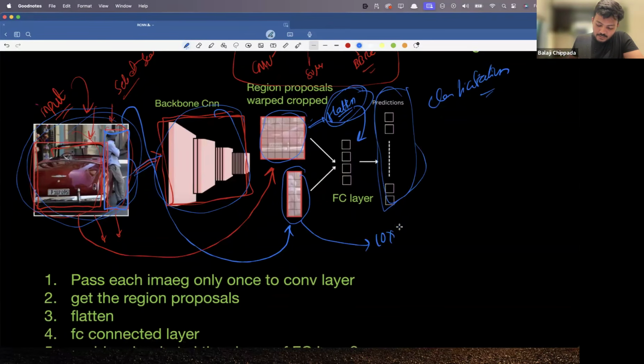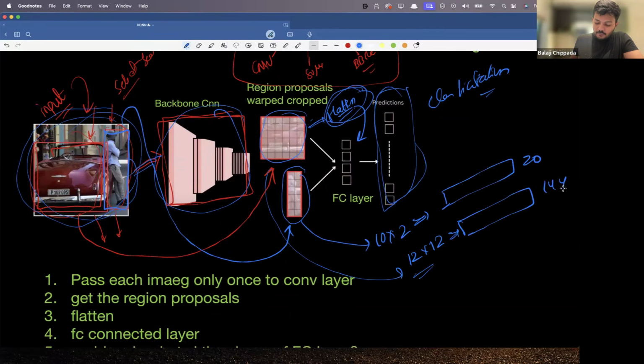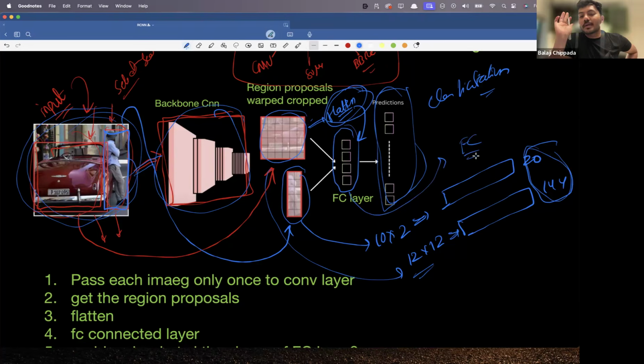बट यहाँ पे एक चीज है कि this is of shape 10/2 let's assume, and this is of shape 12/12. अगर इसको फ्लैटन किया तो I get a vector of length 20, इसको फ्लैटन किया तो वेक्टर ऑफ लेंथ 144. If I don't know the exact output number that I am going to get when I am doing a flatten, how am I going to add a fully connected layer? इस फुल्ली कनेक्टेड लेयर को कितना डेंस यूनिट रखना है मुझे